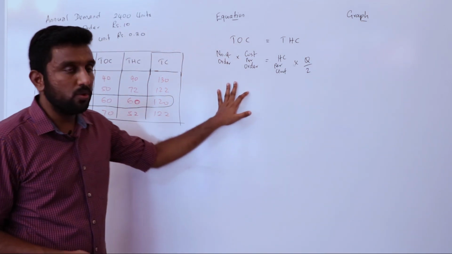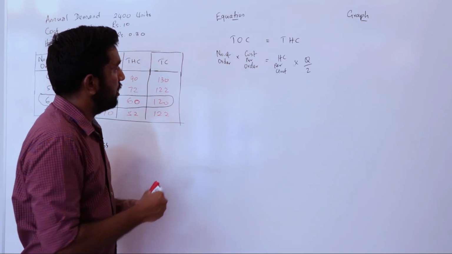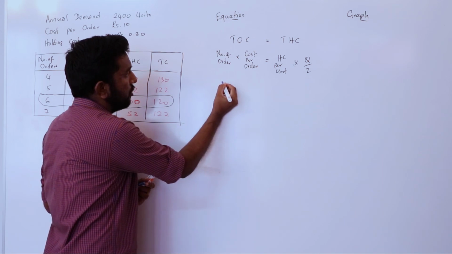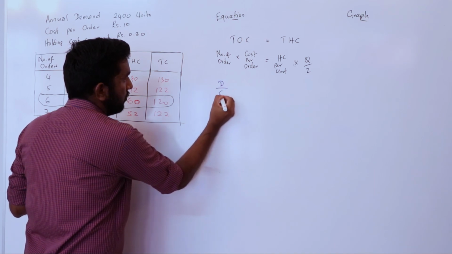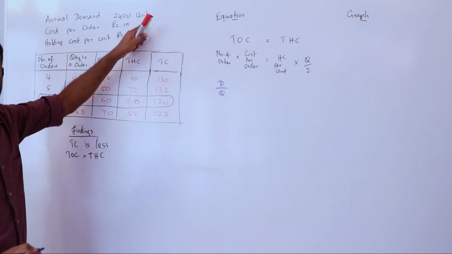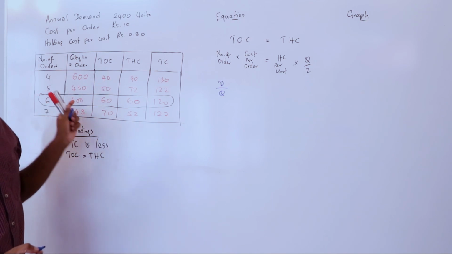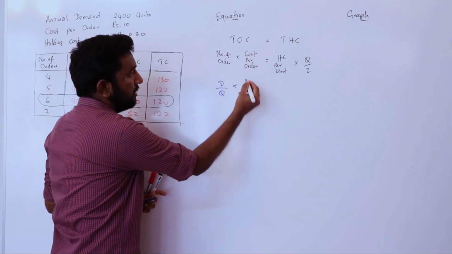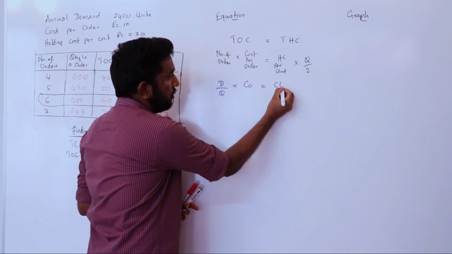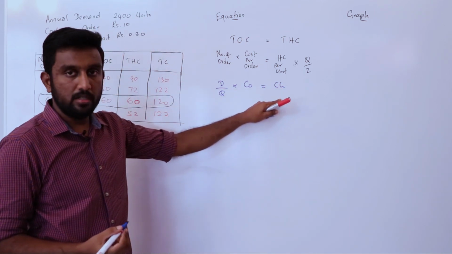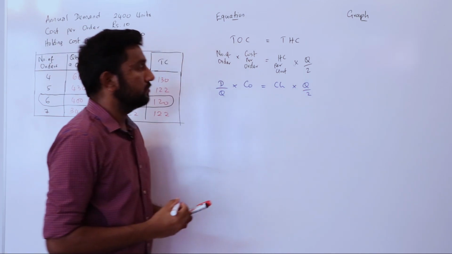So here in this equation, I can write the number of orders as D over Q. D is 2400, Q is maybe 400. If you put 400, your number of orders is 6, right? And then the cost per order. And here for holding cost, I can put CH, cost per holding, and again Q divided by 2.